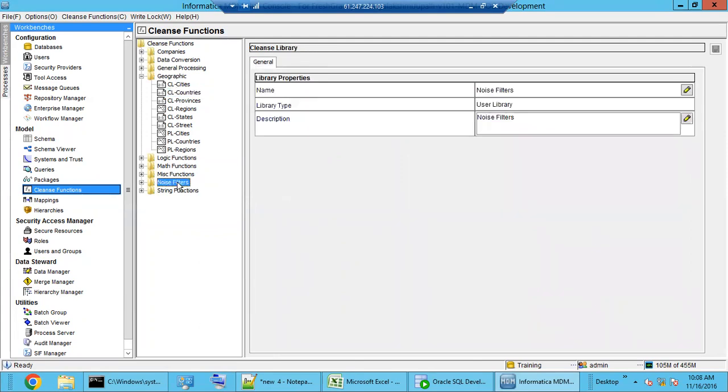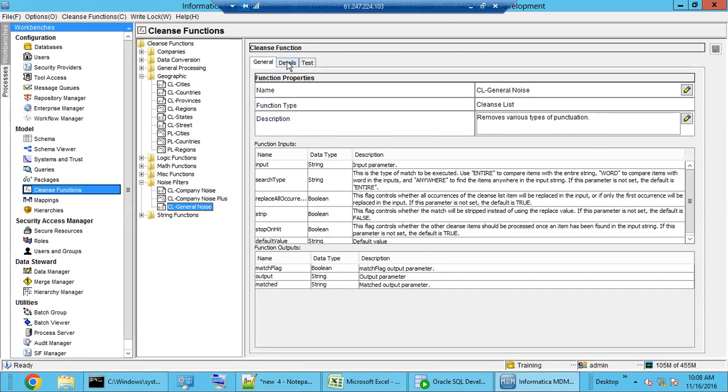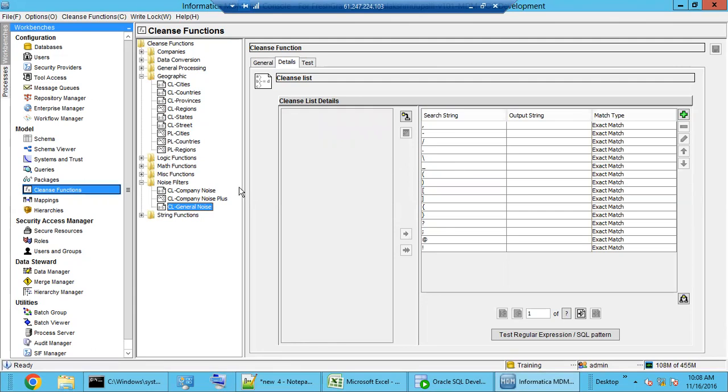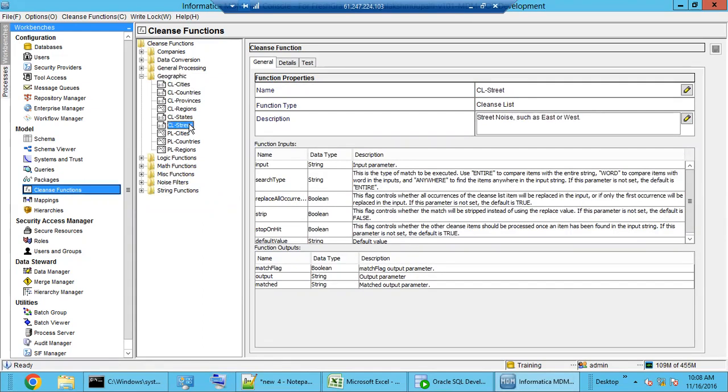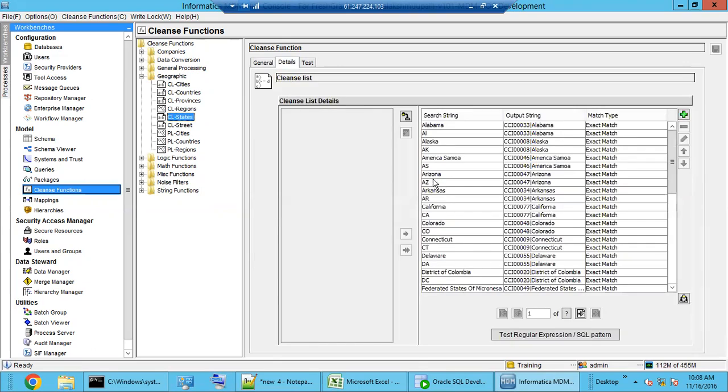So the difference between these two is that this section is basically to remove the noises. Noise we understand is unwanted data, right? So this section is for removing the noise, and this section is for geography. In geography, we will have data for country, city, street, and state. A state like Colorado and CO is the same, right? Like we write some places Delhi, some places DH, some places DLH, something like that, right? So we can standardize those data in the street section or state sections. And apart from that,